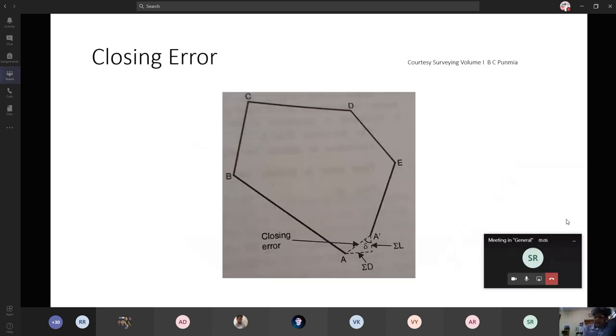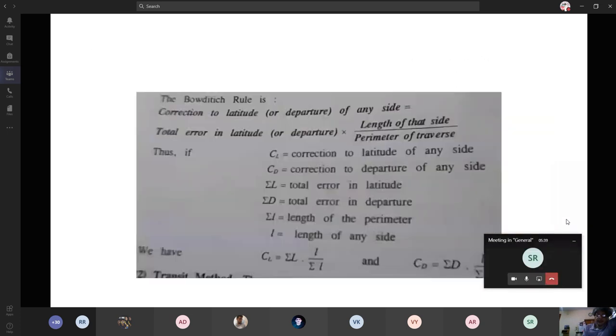So in a closed traverse, you start at the point A here. Okay, you start at the point A. You go about in an anti-clockwise direction. You just go to point B, point C, point D, point E, and point A dash. So A dash is what is called a closing error. Now, in a closed traverse, you know very well that